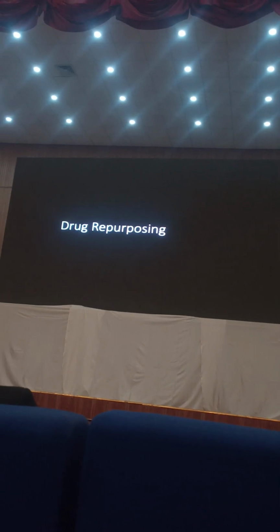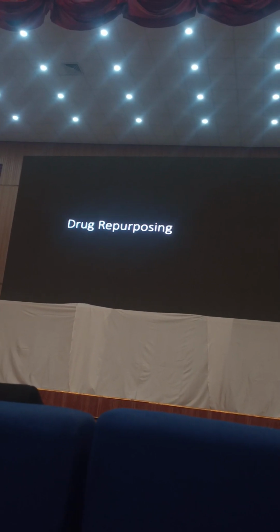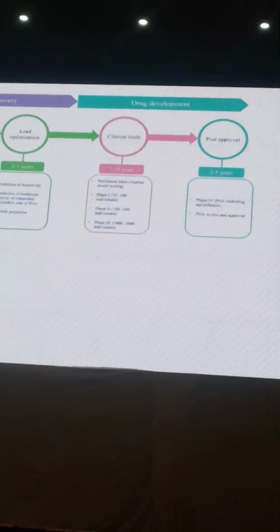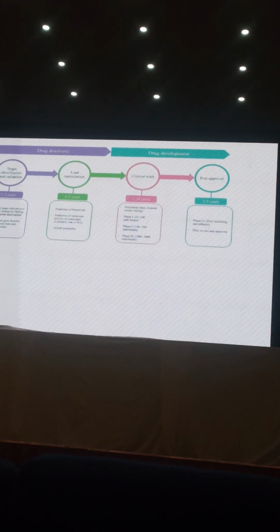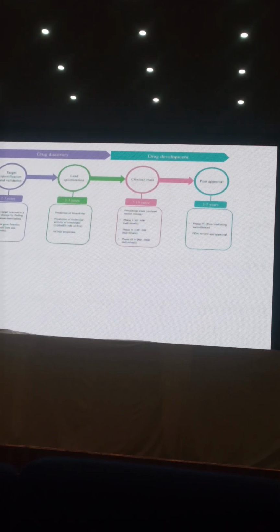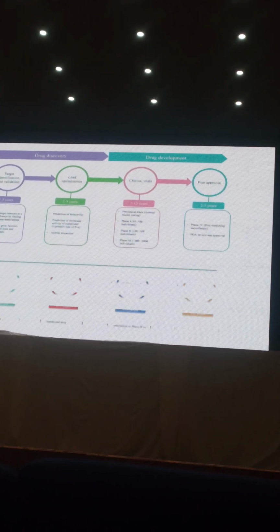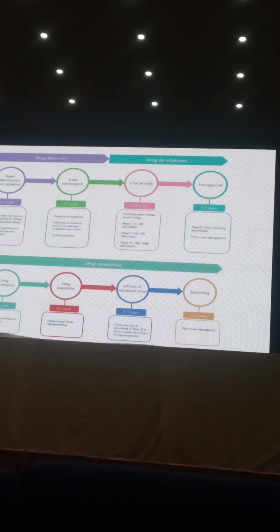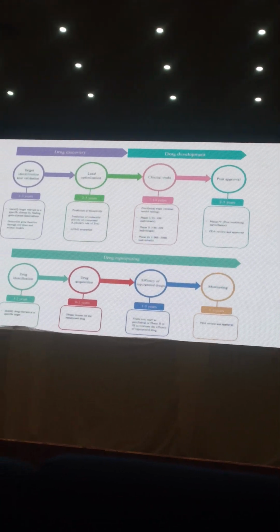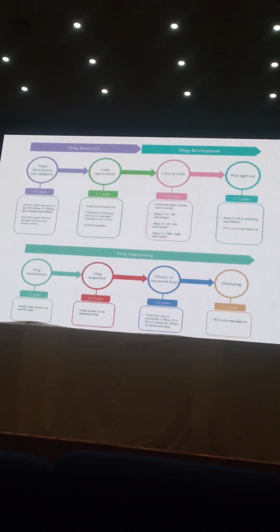उन ड्रग्स को यूज कर सकते हैं जिनकी ऑलरेडी टॉक्सिसिटी डिटरमिन हो चुकी है ह्यूमन सिस्टम के अंदर क्लिनिकल ट्रायल से. You can repurpose them. कन्वेंशनल प्रोसेस जो है ड्रग डिस्कवरी और ड्रग डेवलपमेंट का, that goes like this and you can check the years. Means first step 2 to 3 years, then again 2 to 3, then 7 to 10 years, and then 2 to 5 years to get the approval. But when you use drug repurposing, it takes very few years to go to the final thing.